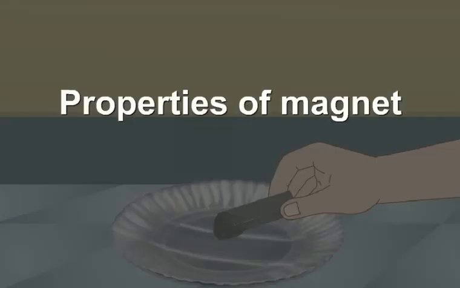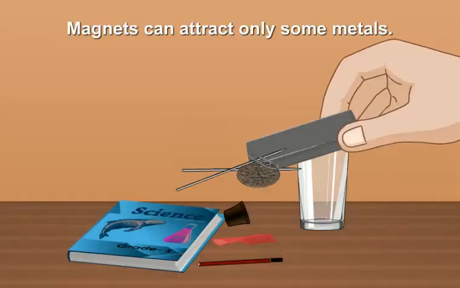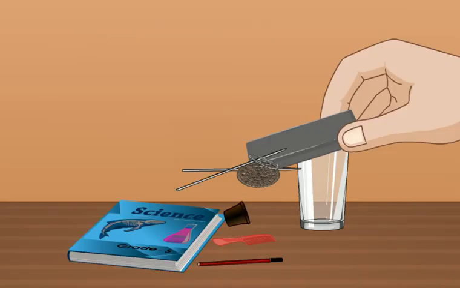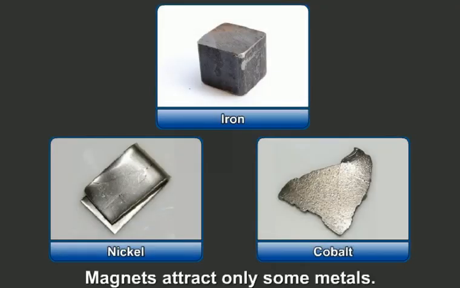Let us now study about the properties of magnet. Number 1. Magnets can attract only some metals. Students, magnets cannot attract all objects. Magnets attract only some metals like iron,